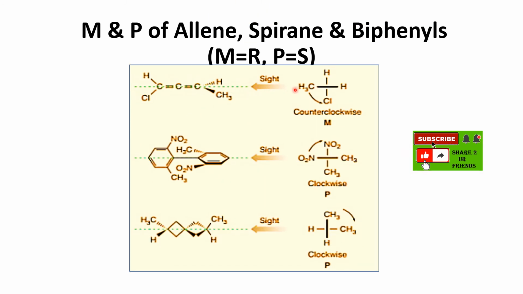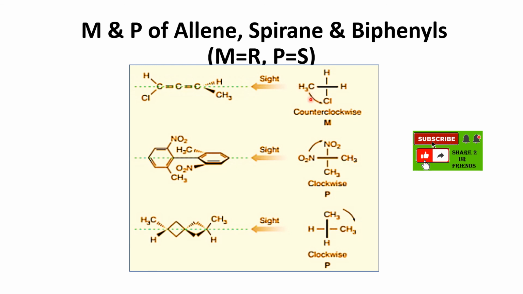See, in this case, if you view it this way, you know very well how to write it. And this way, you have to write it on the horizontal line. So the CH will be here and H will be that side. You have to give priority 1 and 2, and this should be 1 and 2. This will be 3 and 4. So 1, 2, 3. If you are coming from 1 to 3, here in this case M and P, if you are going to assign M and P, you have to come from 1 to 3.